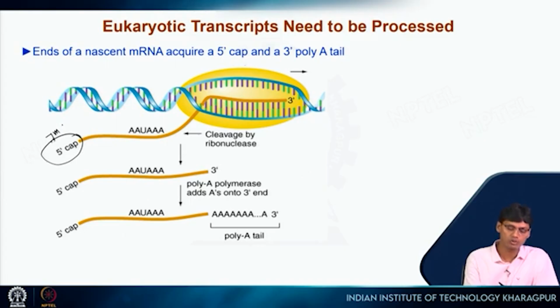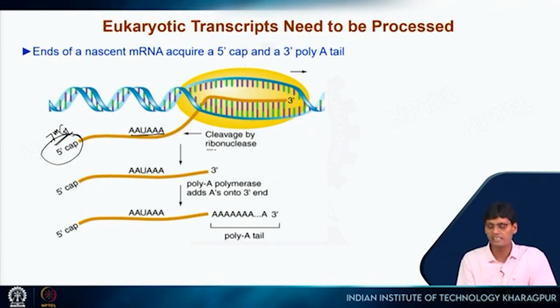Some methyl group is attached to this G residue, a 7-mG cap, which should be added at the 5 prime end. And then when the transcription is going on, some particular sequence, for example here I mentioned AAUAAA, this sequence will